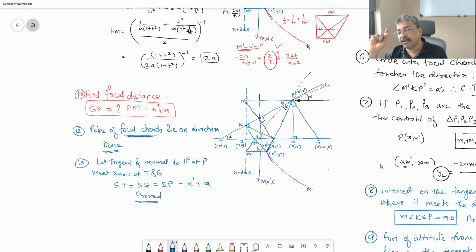And then while studying, if you do it for x square is equal to 4by, then how things change in a vertically opening up parabola compared to the opening right parabola in standard form, only that many things you are supposed to remember. You need not remember all the parameters, perpendicular, contact point, auxiliary equation for the vertical parabola. But if it comes to finding out those things, you should be able to do it very quickly by using the properties and formulae for the horizontal opening right parabola.